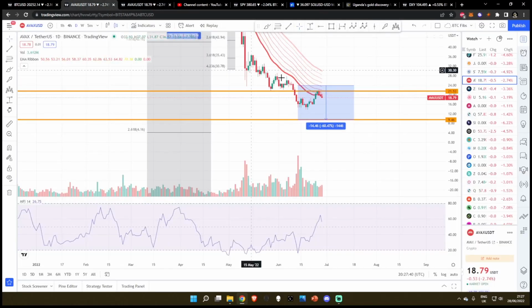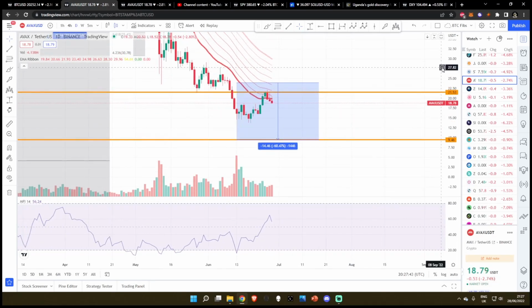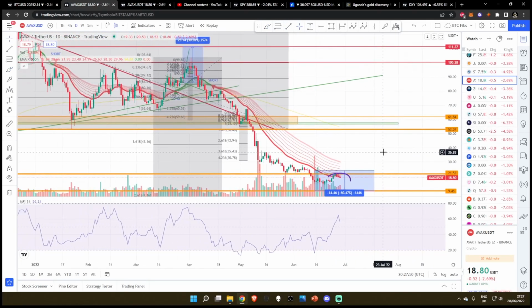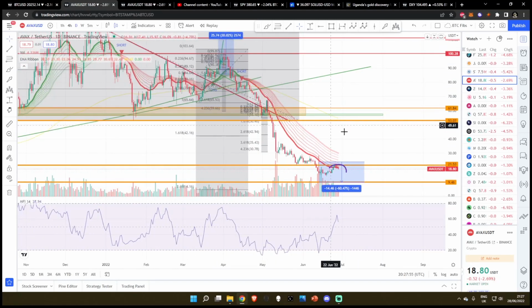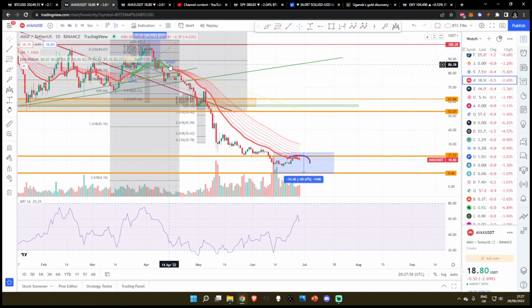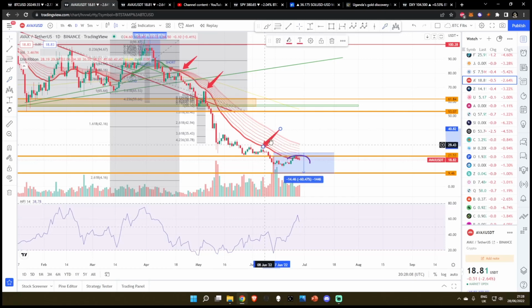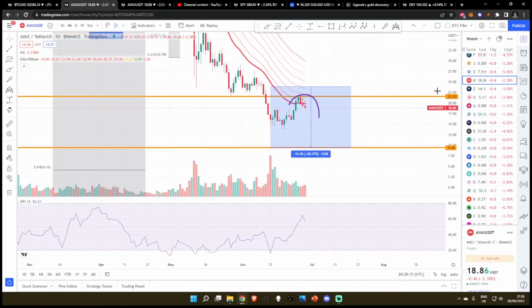So as always, let's talk about what we predicted in the last video. We highlighted this fractal where every single time we come into the daily EMA ribbons, you know, I don't want to zoom out like a million years. Let's start from this trend because we did have a couple of fake outs of this. So let's start from the most recent time that the daily EMA ribbons flipped bearish. You can see we retest, we make a lower low and a lower high, breakdown, lower low, lower high, breakdown. Every time you come up into these daily EMA ribbons and you fall out of them, you absolutely capitulate to the downside and make a lower low after making that lower high.